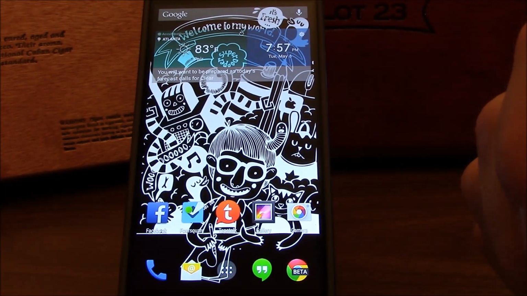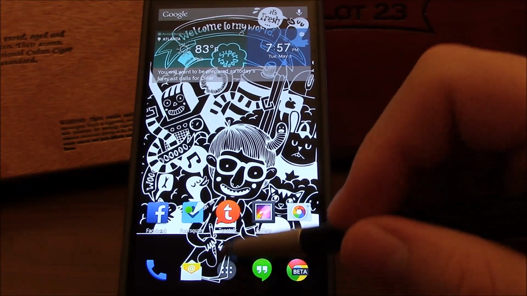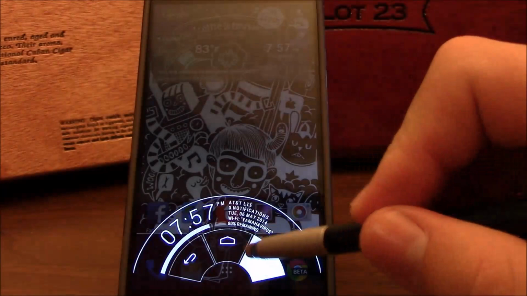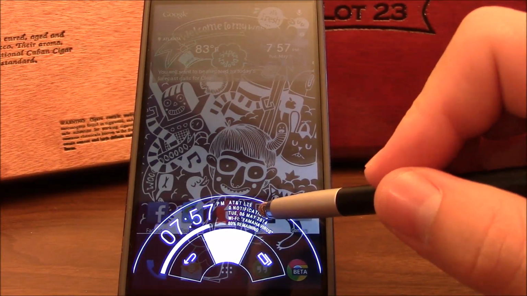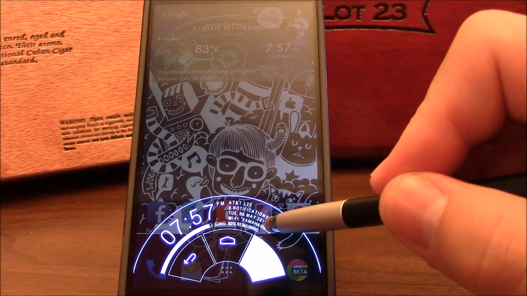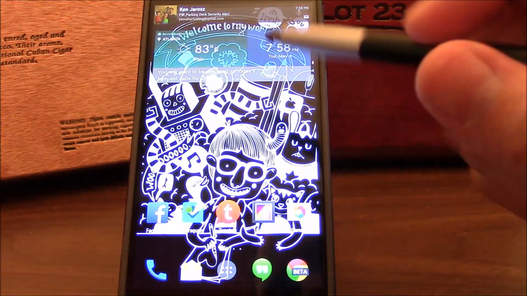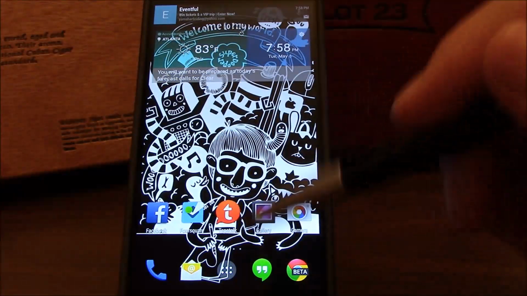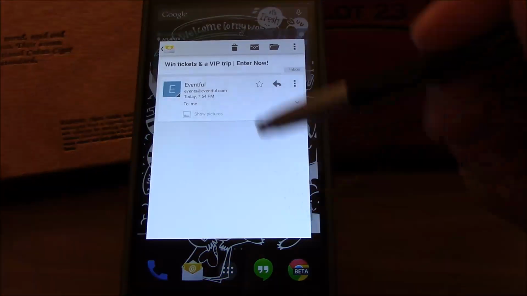So, continuing on. Of course, as you've seen here, I have Pie. This is, of course, Paranoid Android's implementation of Pie, their new Pie. You can see you've got your service provider there, notification count there, date, the Wi-Fi that you're on, percent battery, and you get this nice little bar here, and there you go. You see I have this nice little notification here. If I swipe down, I get the full notification. If I tap it, it'll pull it right up right here,